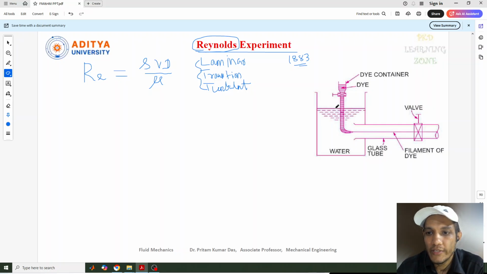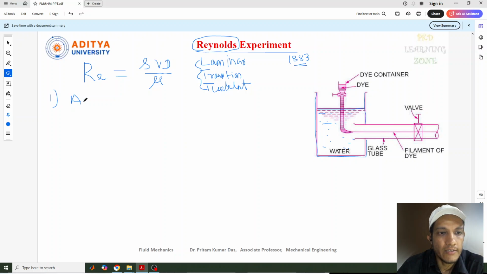So now we will discuss this experiment. What are the equipments involved, or what are the parts or accessories included in this experiment? Let's see. First of all, we need to consider a tank, where water is present, or we can say a container which contains water. So this is the water. First, we consider a tank